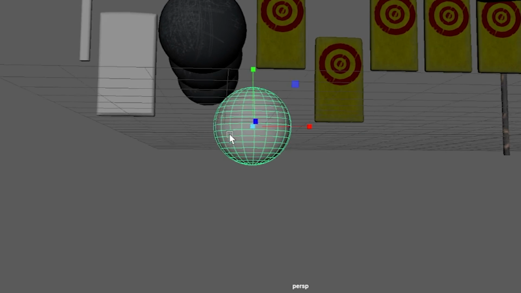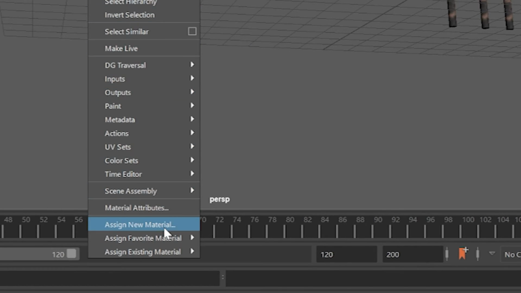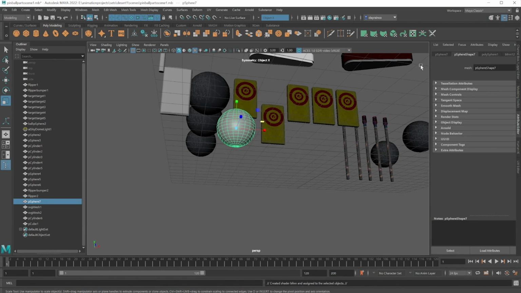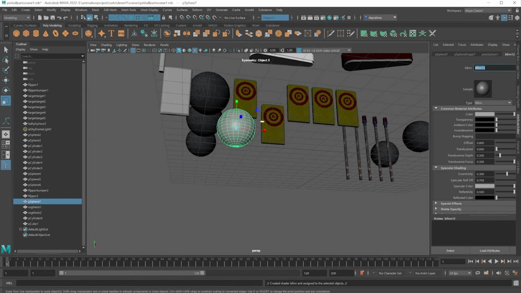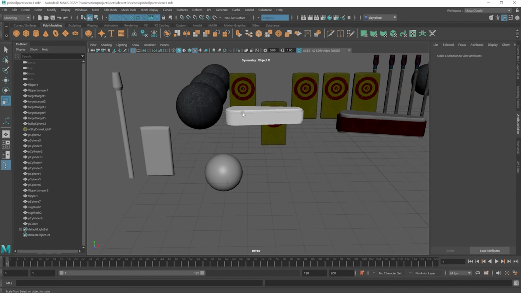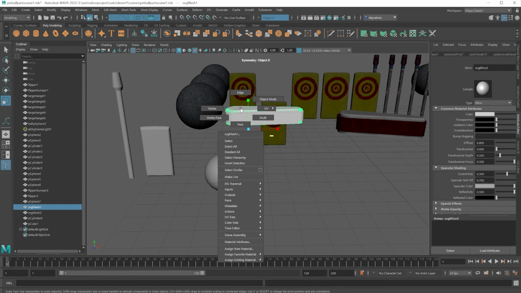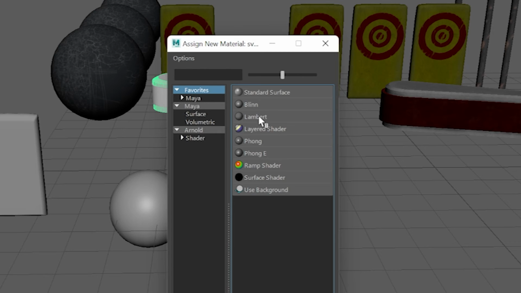I'm just moving my viewport around so the menu doesn't fall off the screen. Right click, assign new material, Blend. You can give it a name because that name would be used in Substance Painter to identify the object, and I'll call this one pinball. Next object, the flipper. Select the inner flipper, not the little rubber around it. Right click, assign new material, Blend,